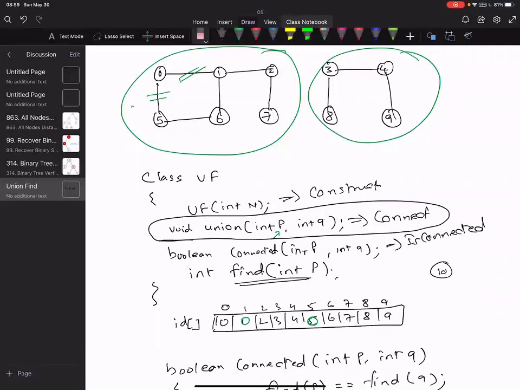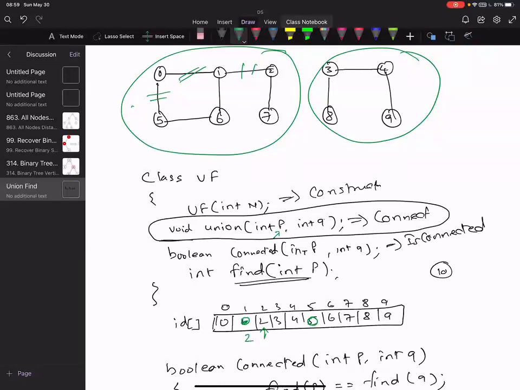So what we are doing is that whenever I say connect P to Q, I am changing the value of Q to the value of P, right? Now I want to say connect 2 to 1. So basically the value of 2, I have to put in 1. 2's value is 2, so I want to change 1 to 2.